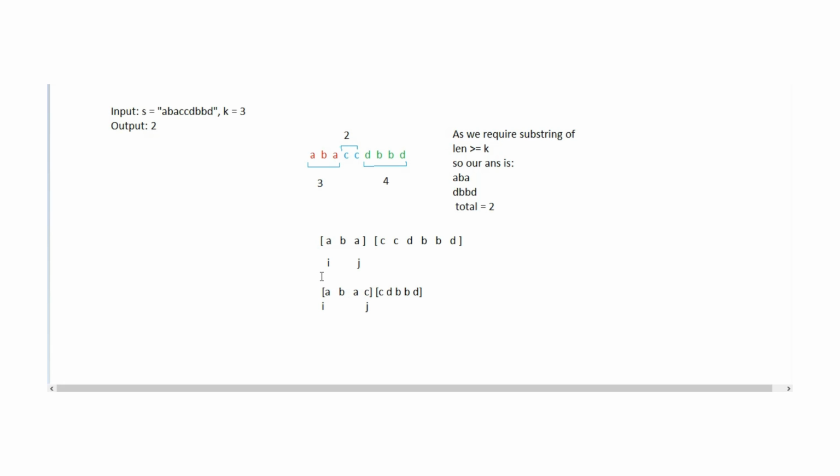Here, the main approach, or recursion, is quite intuitive, because for calculating the substrings in the string s, we need to somehow use the concept of divide and conquer. We calculate the substring from index i to some index j, and then from j plus 1 to the end of the string. So we need to divide our problem into subproblems, and at last merge those subproblems and come to the final solution.